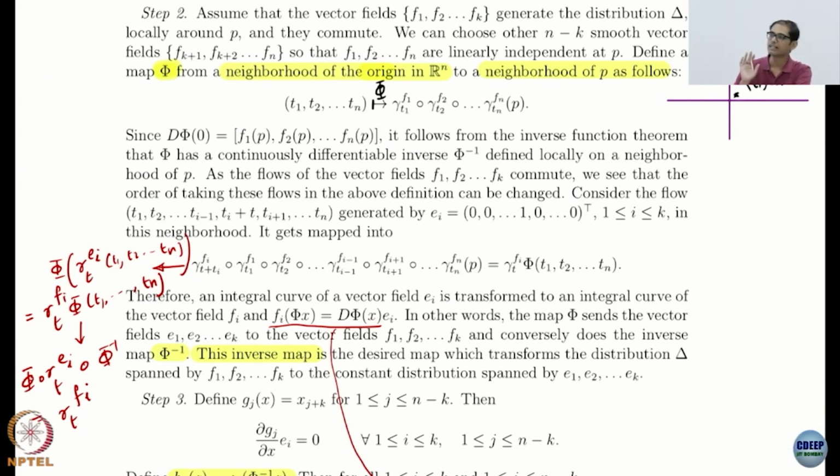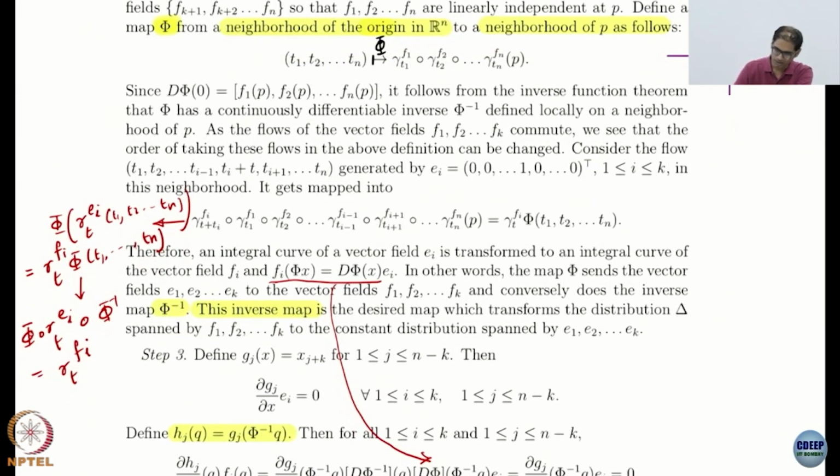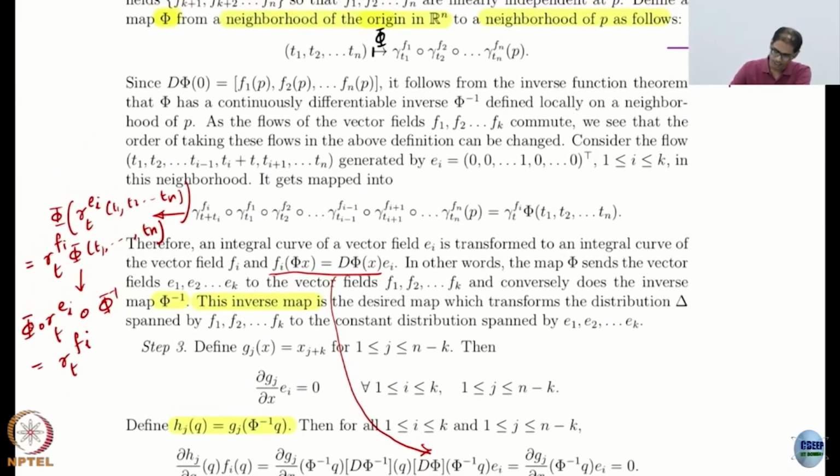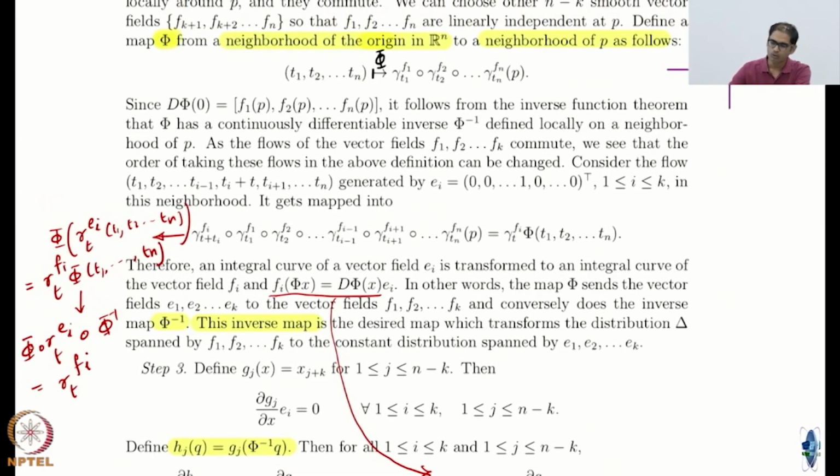That is what the second step does. It is rather complicated because it uses flows and things like that. I have actually not introduced this terminology too much. Again, if time permits, we will do a separate session on this, but not right now. All I am telling you is what each step is proving.